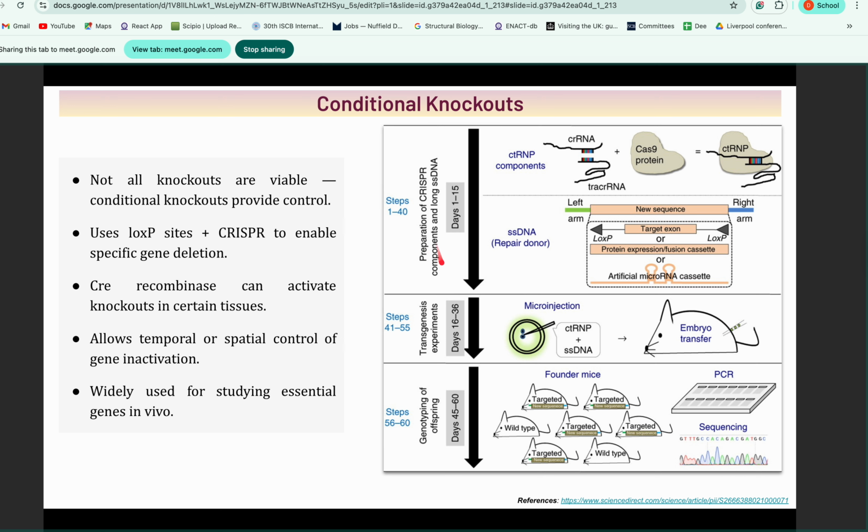So in this, they are preparing the CRISPR components and long single-stranded DNAs from day 1 to 15. So now we have a CRISPR RNA sequence and a tracrRNA. As we discussed, in nature, CRISPR RNA and tracrRNA both exist and they make a duplex with each other. Although in the lab, scientists have modified them and made a single RNA element, which is known as single guide RNA. But in nature, both the CRISPR RNA and tracrRNA exist. They, along with Cas9, make a complex, which is now referred to as the CRISPR-tracrRNA RNP, which means